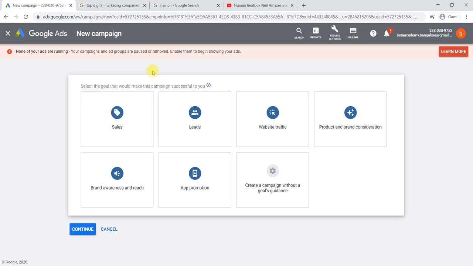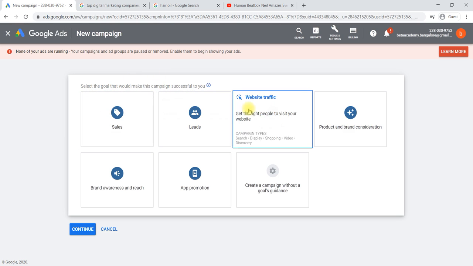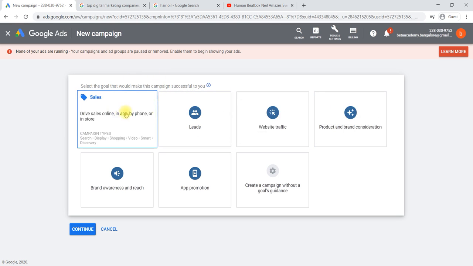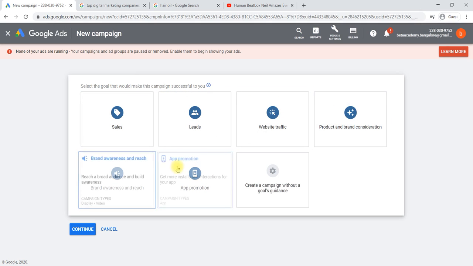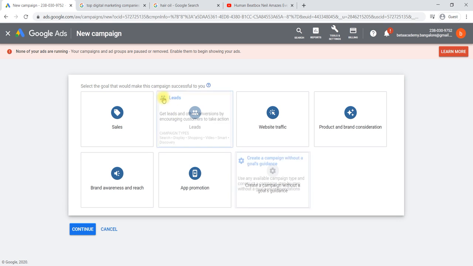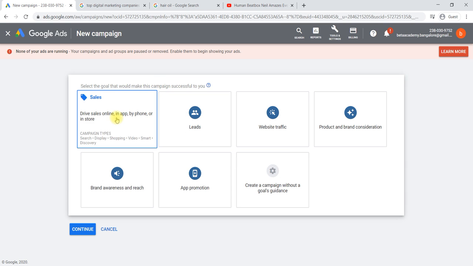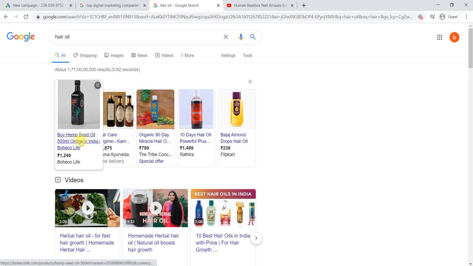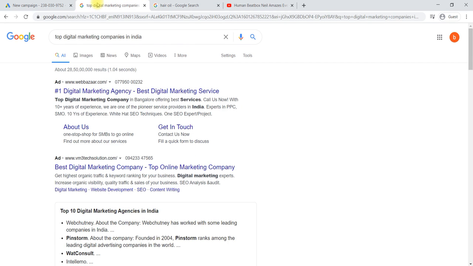First, we have to understand what the different types of campaigns are. Majorly we have six different types of campaigns. Otherwise you can also select your own way of reaching a customer. Here we have a sales campaign. With a sales campaign, this kind of ad will be shown: along with the price, the link for a purchase will also be given.